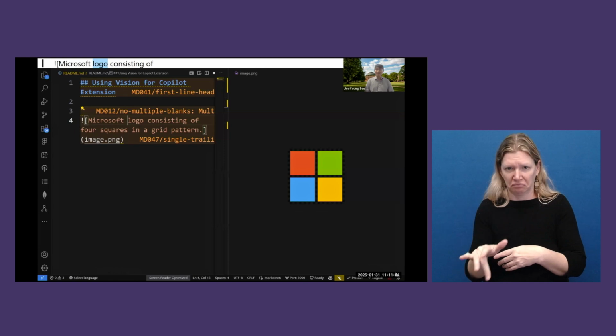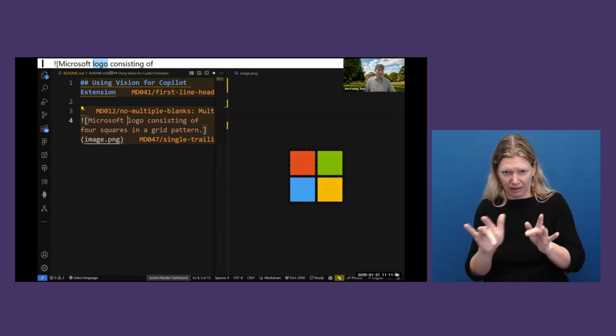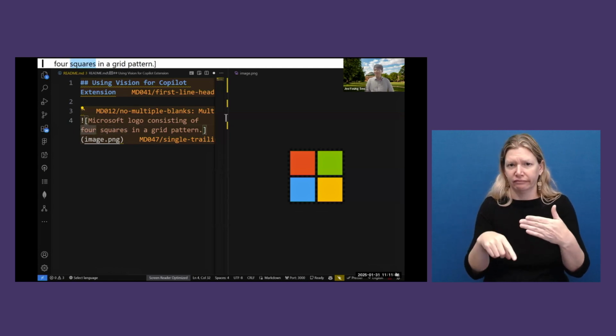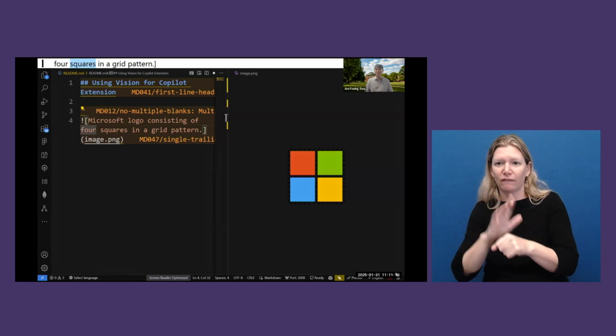Yeah, I got the result. Microsoft logo. Four squares in a grid pattern. Beautiful. Now, I'll leverage the extension to seamlessly describe the layout of a Visual Studio Code screenshot, transforming it into accessible